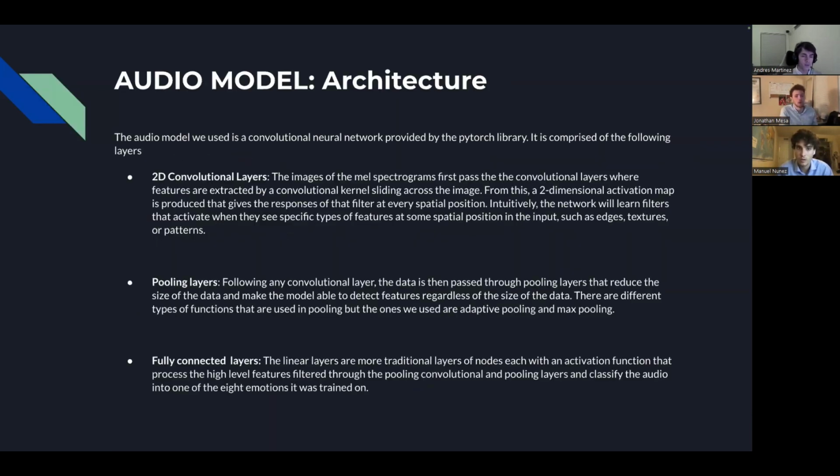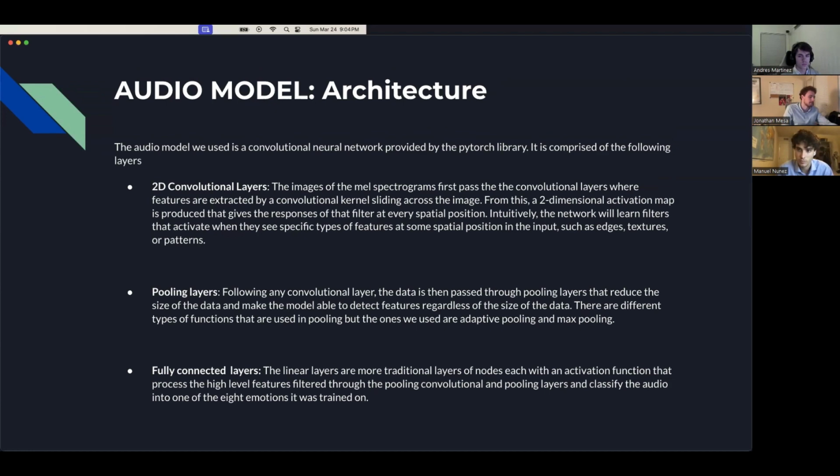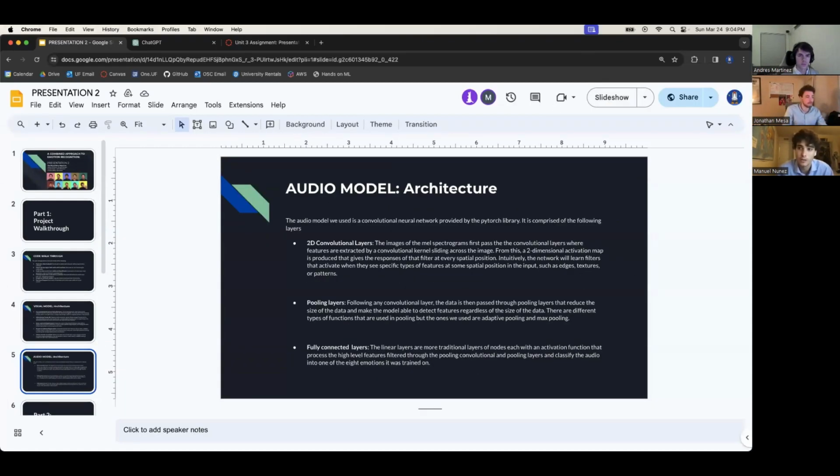So for the audio model architecture, it is also a convolutional neural network applied to the MEL spectrograms of the audio. The data first passes through a convolutional layer, which slides through the whole image, applying a kernel that will maximize the features within the image. After each convolutional layer, the data passes through a pooling layer, such as max pooling or adaptive pooling, which are both used in our audio model. This reduces the size of the data while keeping the features highlighted. Then after going through a few of those, they go through some fully connected layers, which resemble a traditional neural network with nodes and activation functions, finally classifying the data into one of our 8 classes that it was trained into. Great. So now that we're done with architectures, we're going to hop right into the live coding demo and